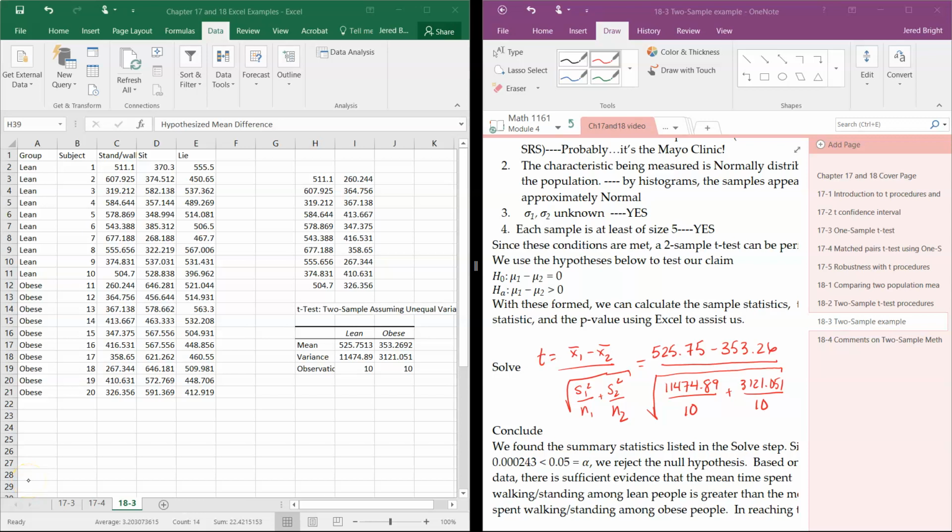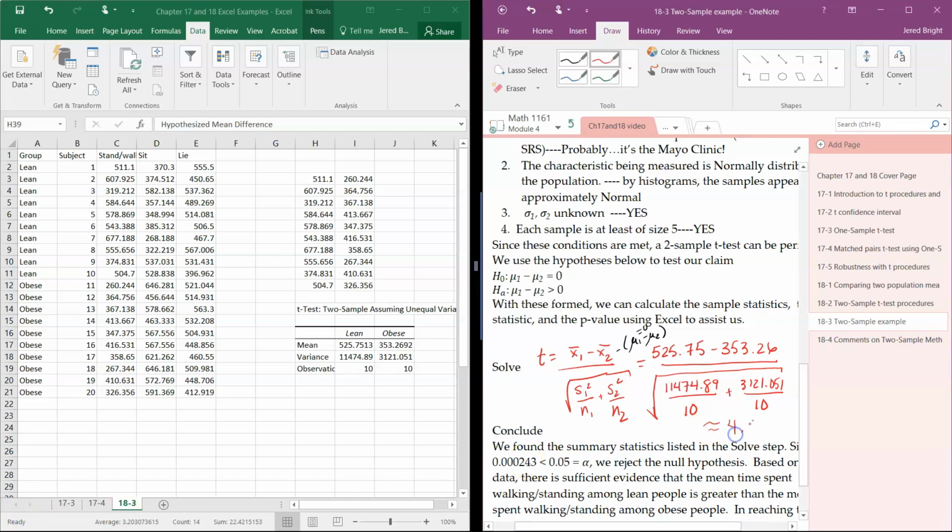So our t test statistic was x1 bar minus x2 bar, over the standard error. Here I just copied it over, and technically the numerator would have minus (mu1 minus mu2), but that here is 0, so that's why I omitted it. In the denominator, I did the square root. S1 squared is the sample variance, right? So I don't need to worry about square rooting and then squaring again. Just use the variance number, the 11474, and then over 10 for the sample size, okay? And then if we do this with the calculation, we get